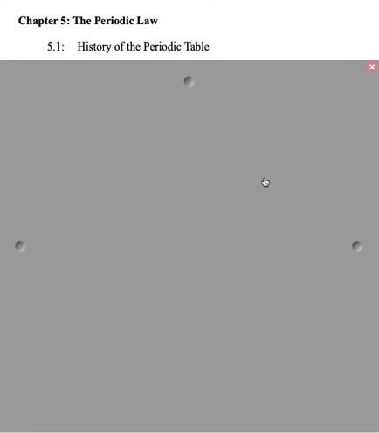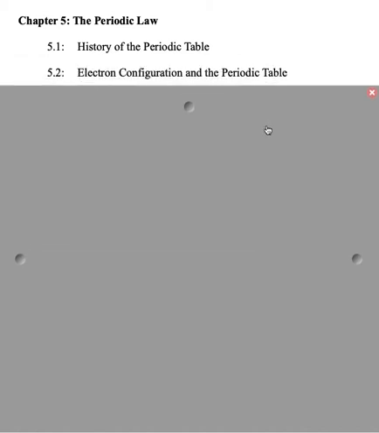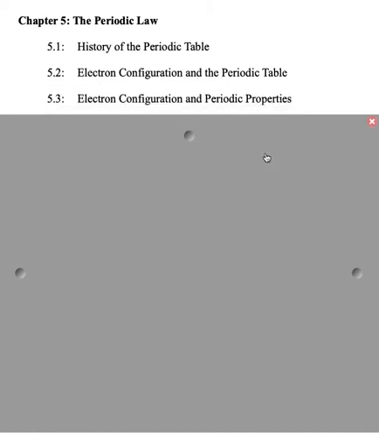Hello, this is our first video on Chapter 5, the Periodic Law. This unit begins with a history of the periodic table, which we learned about in the video we watched together in class. In Chapter 5.2, which is the topic of this video, we talk about electron configuration in the periodic table. And in Chapter 5.3, sections of which we will cover, we'll talk about electron configuration and periodic properties of